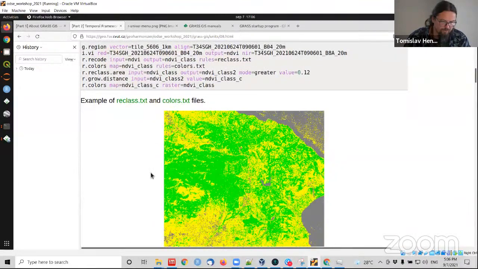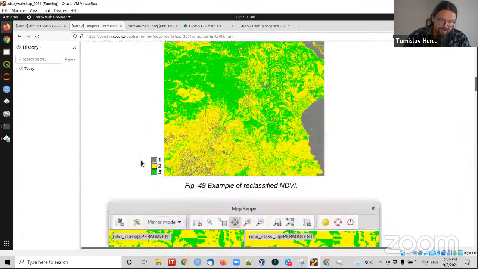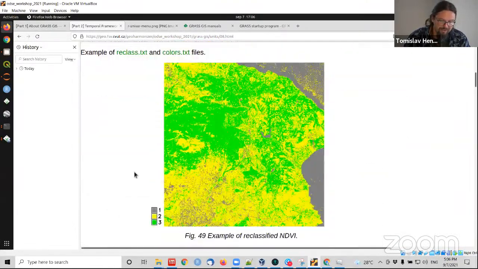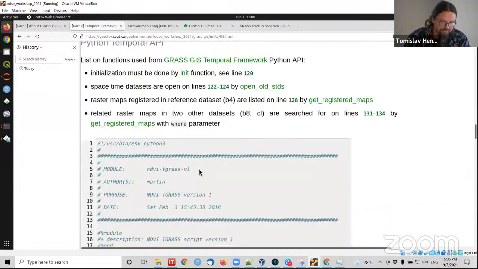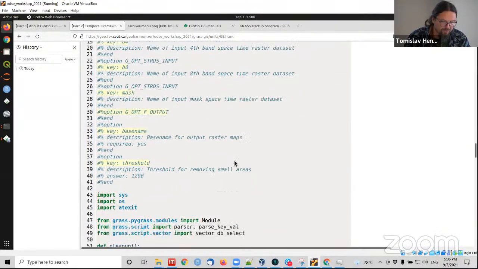The workflow is just reclassifying Ndvi to 3 classes. There is some post processing where I am removing the small classes here, and the script, which is the result of this unit,